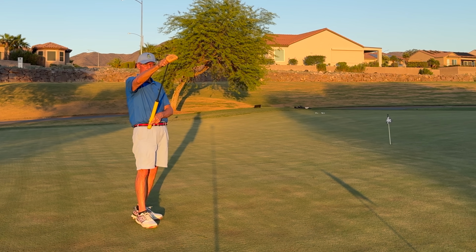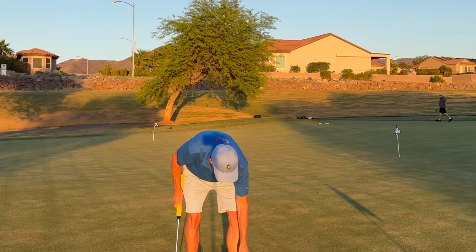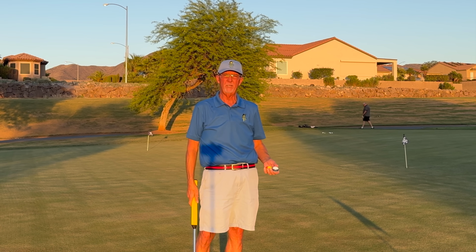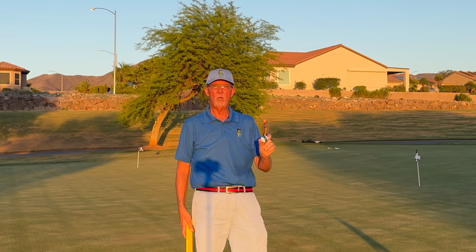Yeah, that one's pretty good. I'm just a little bit left center of the hole, not perfect. Then pick that ball up. You don't have to worry about stroking the putt, because the putt's going to break. It's not going to go in. You're just practicing, learning how to set up the line, use the line on your ball, and make sure that